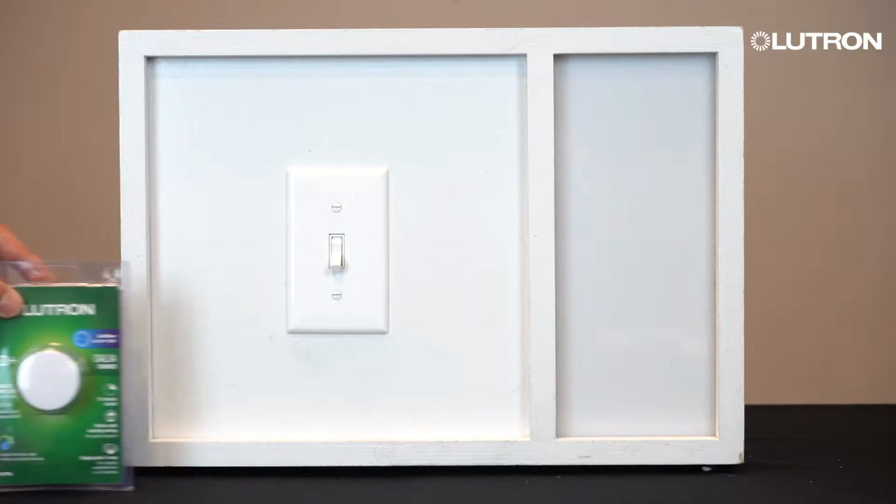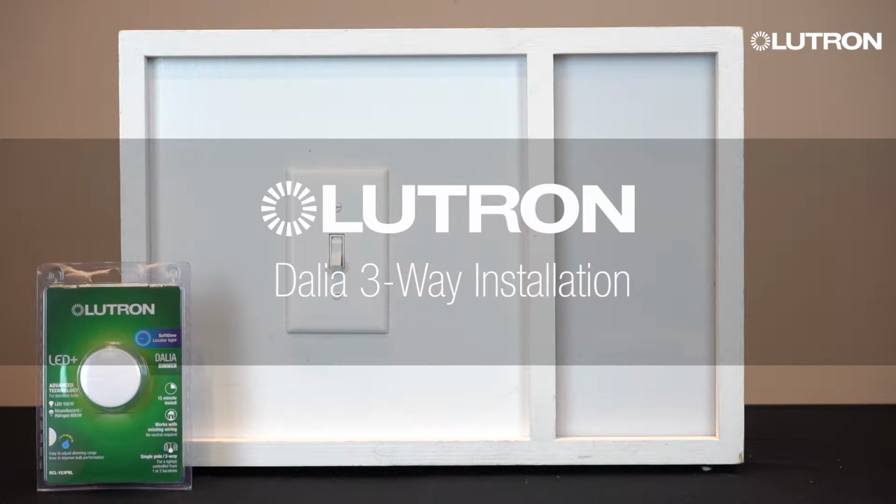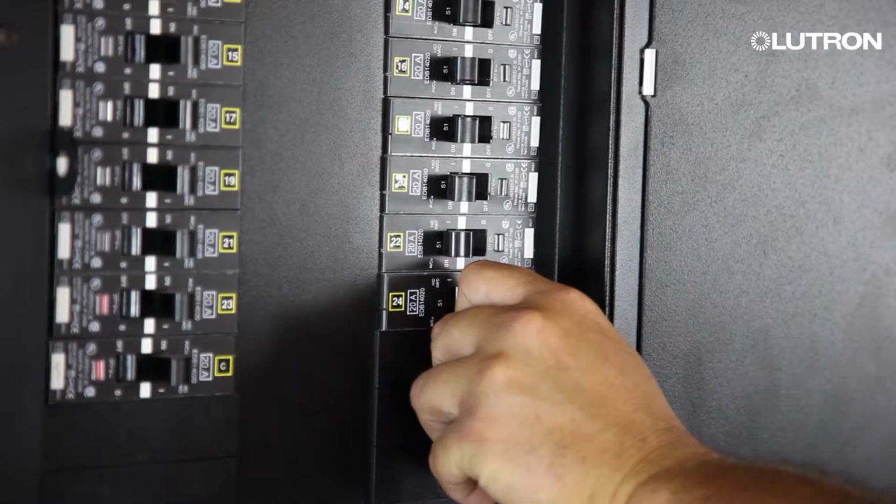Thank you for purchasing a Lutron Dalia Dimmer with soft glow locator light. In this video, we are going to show you how to install the dimmer in a three-way application and adjust the low-end trim. Before installing your new Lutron Dalia Dimmer, be sure to turn off the power at the circuit